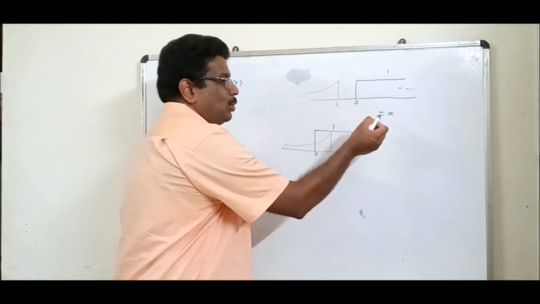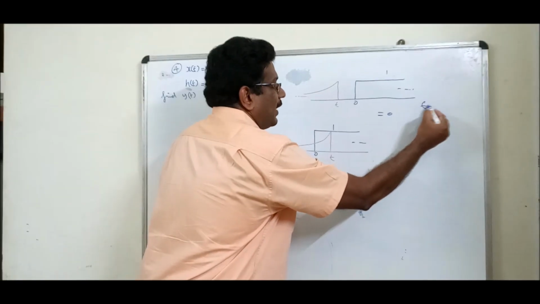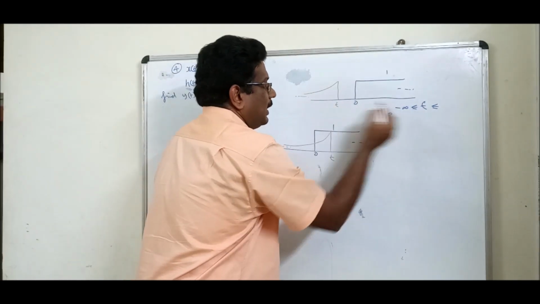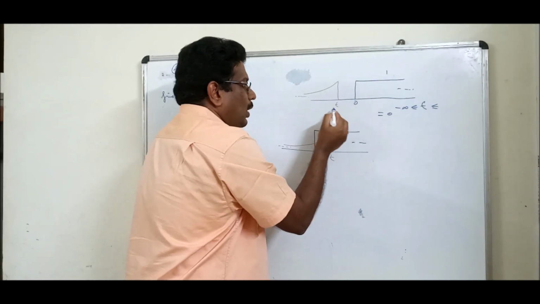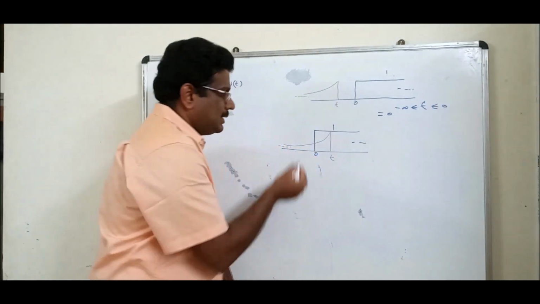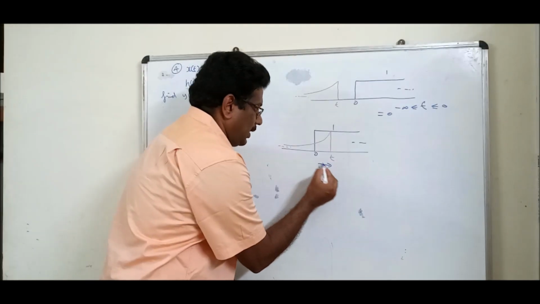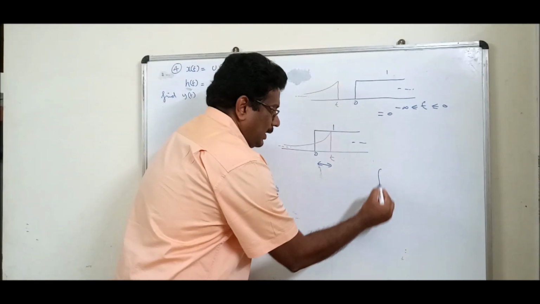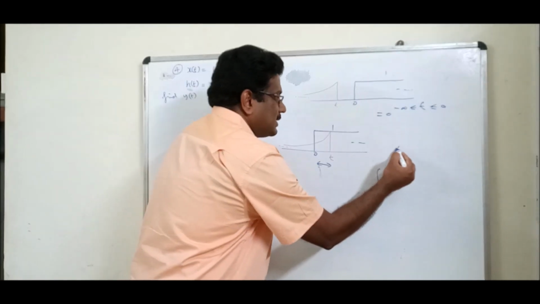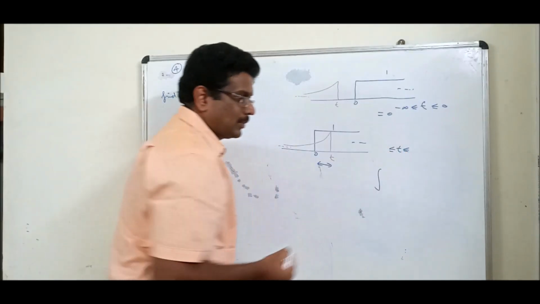So what about the amplitude here? 0. Where to where? From minus infinity. Is it up to touching here? Yes. What should be the t value where it touches here? It is 0. This is an increasing type of amplitude. Recall two important issues in integration: the limit, the range, and the value.